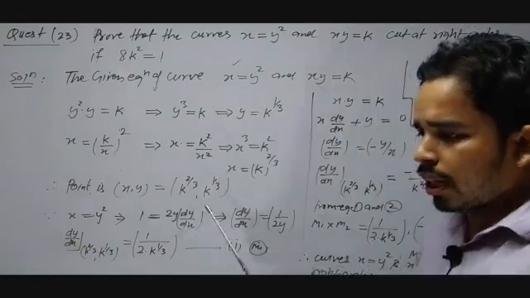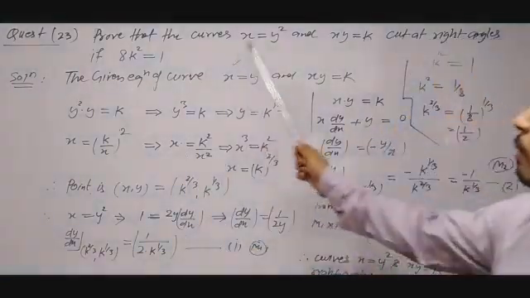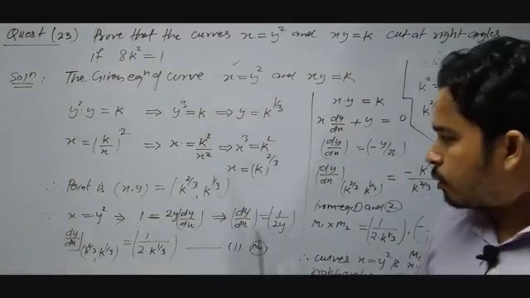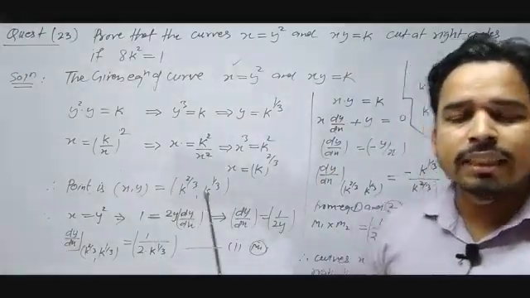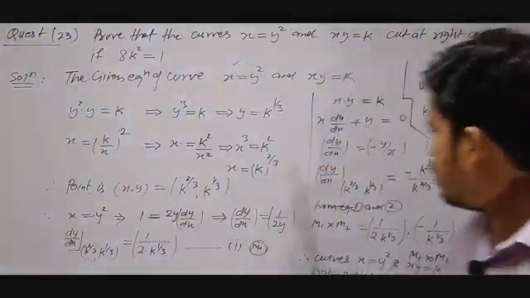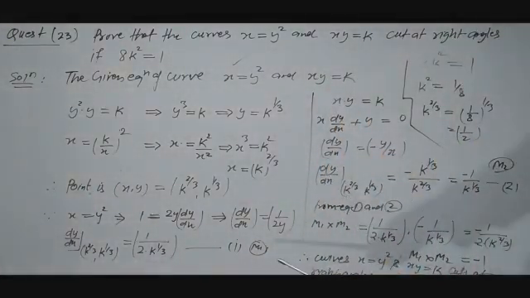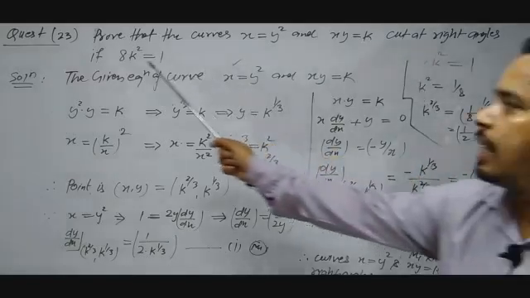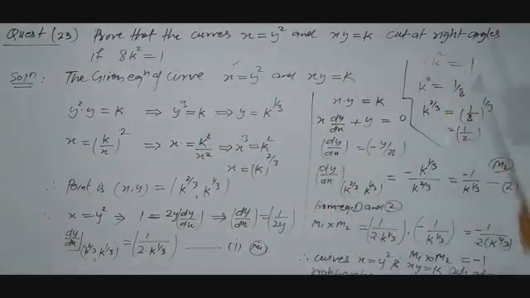We have to prove both curves are intersecting at right angles. So the product of the slopes of their tangents will be equal to minus 1. We have calculated the slope of tangents of both curves, equation 1 and equation 2. Consider m1 and m2. So m1 into m2 you will get minus 1. We have multiplied m1 into m2, and the result is minus 1 upon 2 times k to the power 2 by 3, and k to the power 2 by 3 we have to change in terms of constant. You know 8k square is equal to 1.